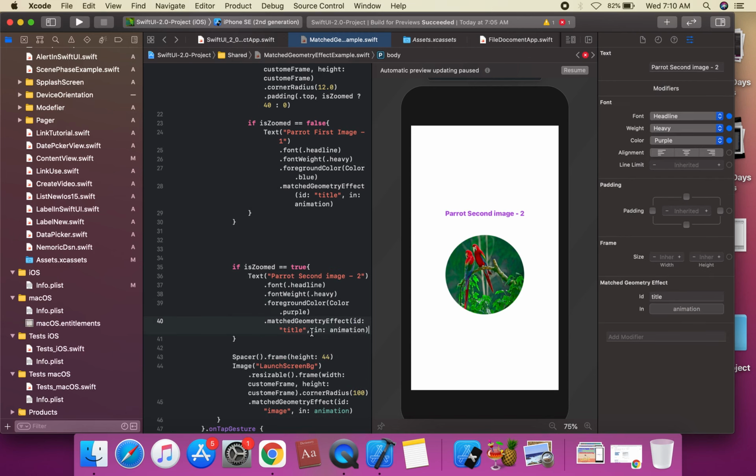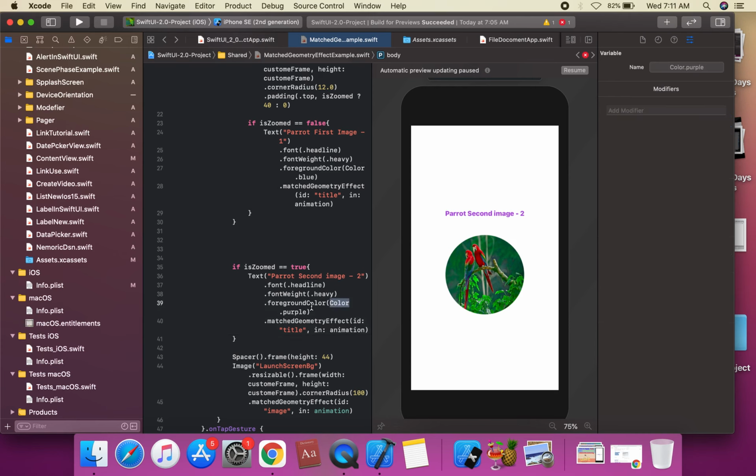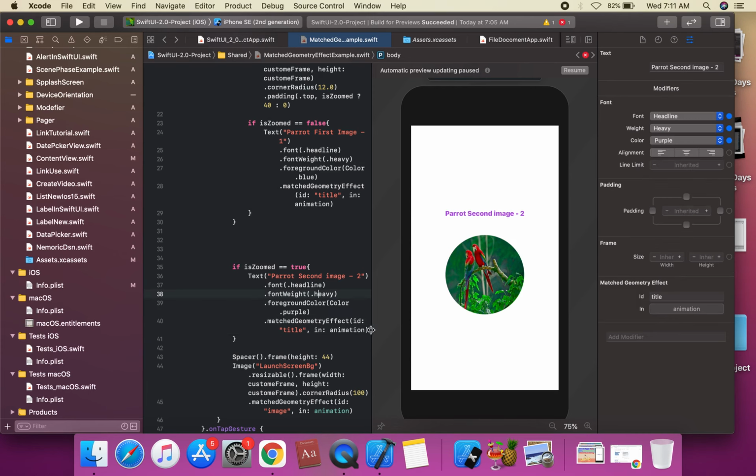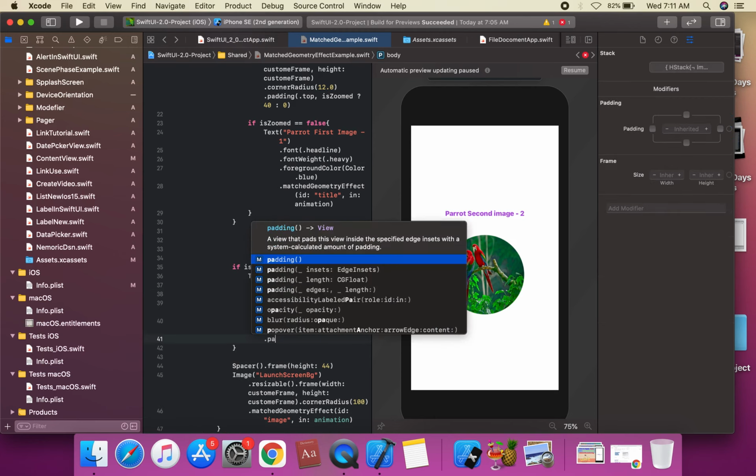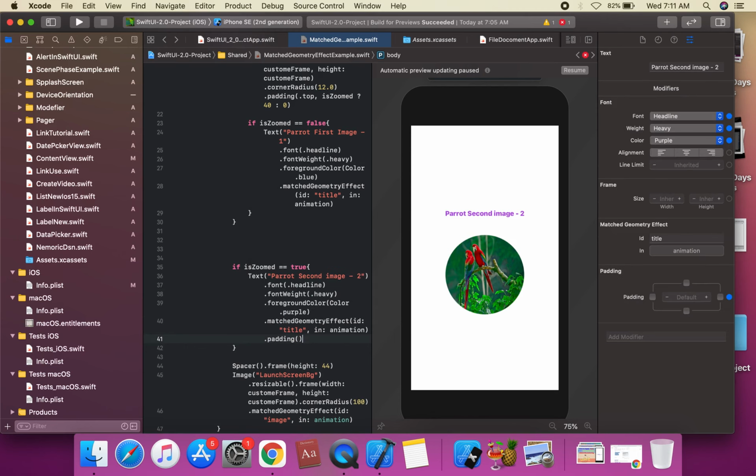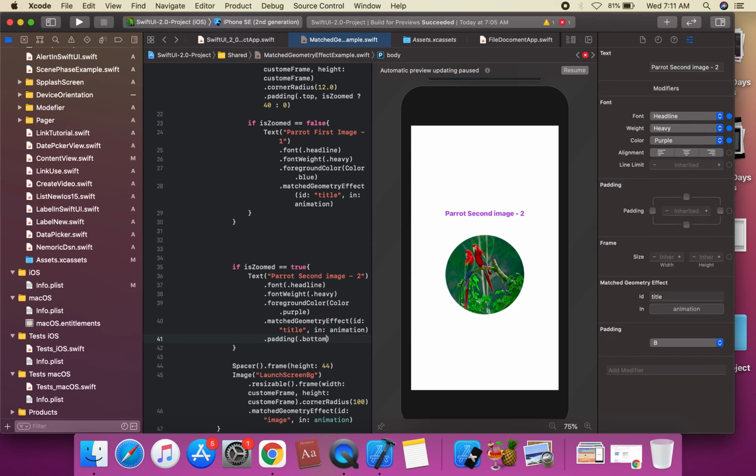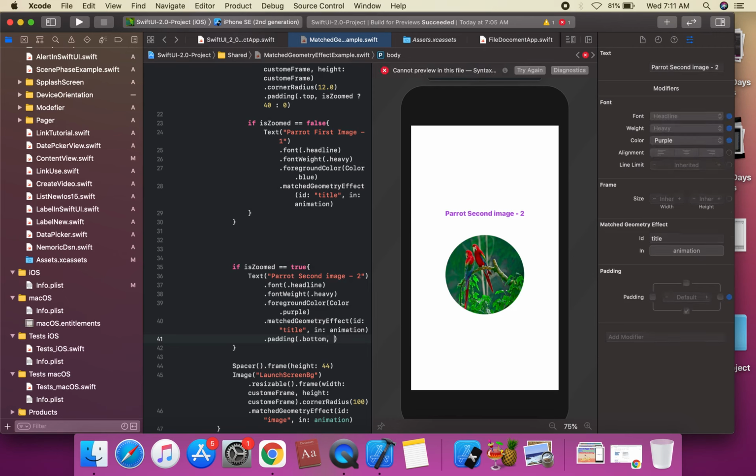We're gonna assign on this animation geometry effect. Suppose this is a purple color text, heavy and headline. Suppose on this text we're gonna apply padding dot padding. Suppose we assign on this padding text, and this is bottom 60, padding dot bottom. We're gonna apply this 60 padding.